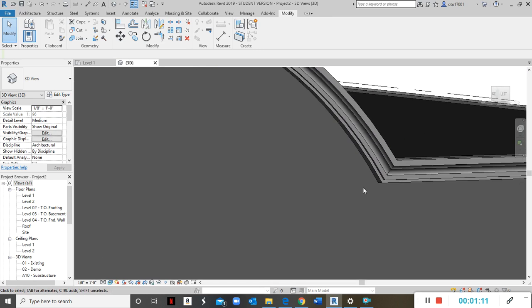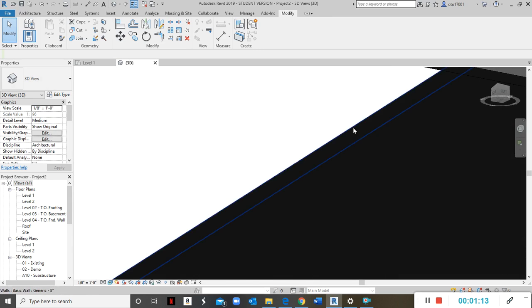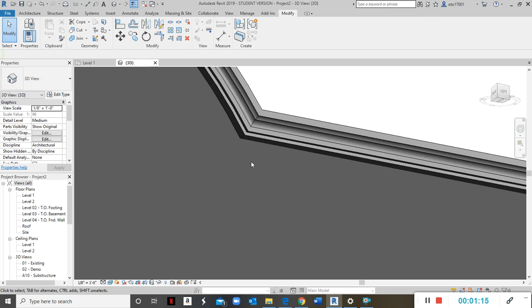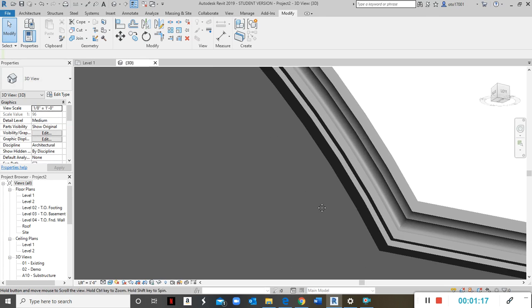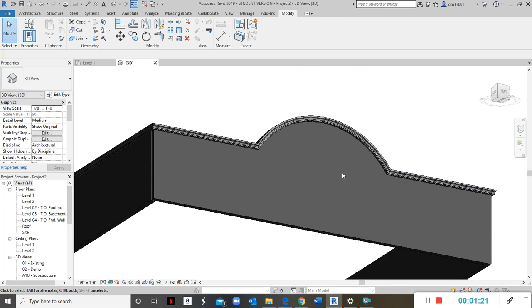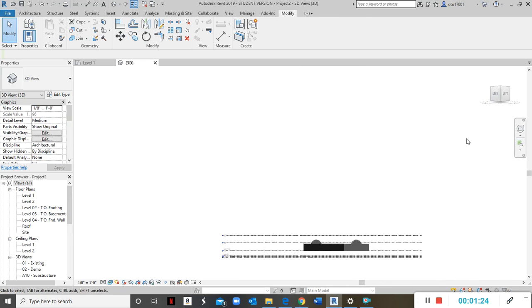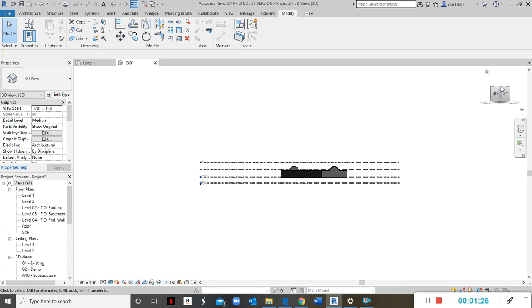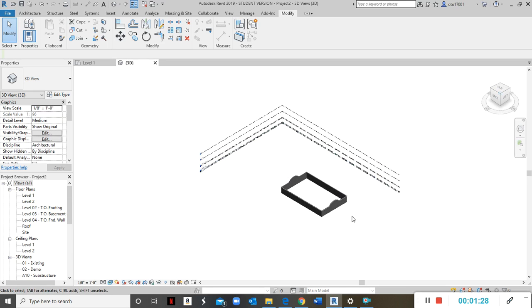Let me zoom out on this and move it, show you it from the bottom and see how it is. There you go. So the first thing I'll ask you to do is to build